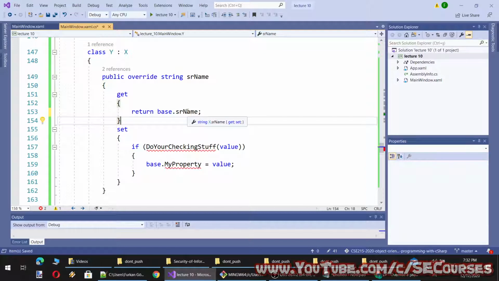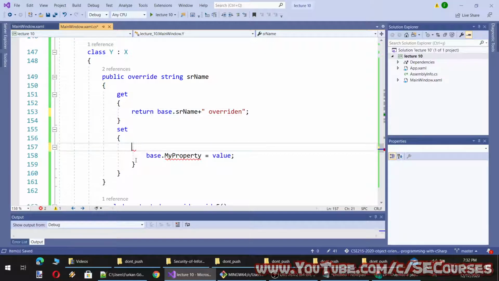Yeah, we can use it like this. You see it says x.SrName, so x is our base class. I will make it plus overridden. So when returning, it will return this, and when assigning, I will assign it as value plus 1. Okay, whatever, it doesn't matter.